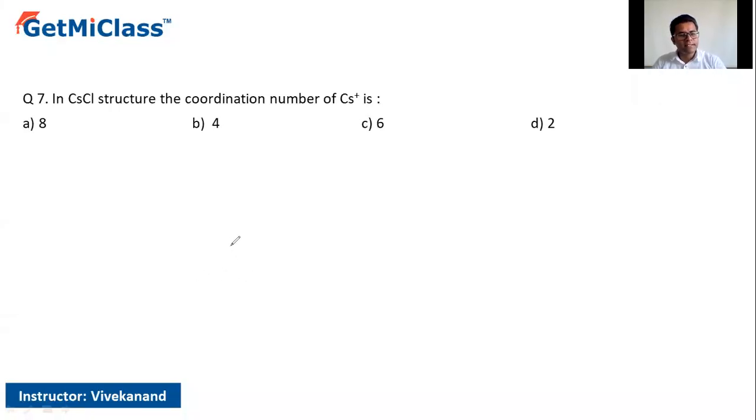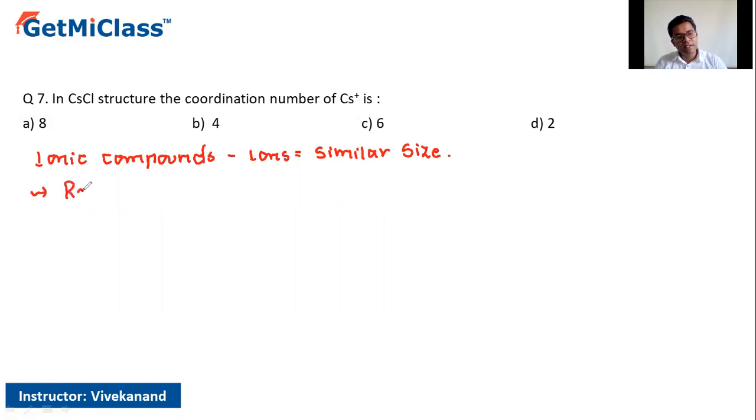Question number 7. In cesium chloride structure, the coordination number of Cs plus is A 8, B 4, C 6, and D 2. Now, whenever we are looking at the ionic compounds, if the two types of ions have almost similar sizes, in case if the size is similar, then in this particular case,